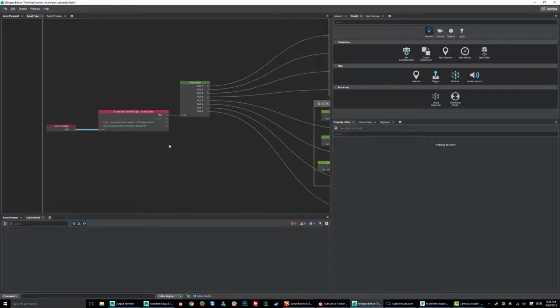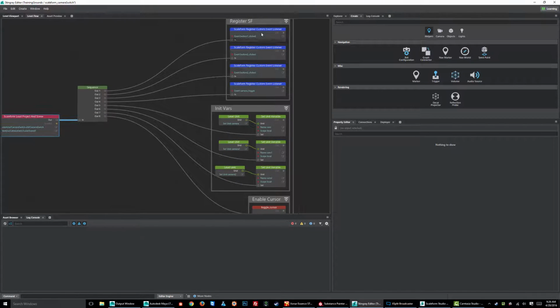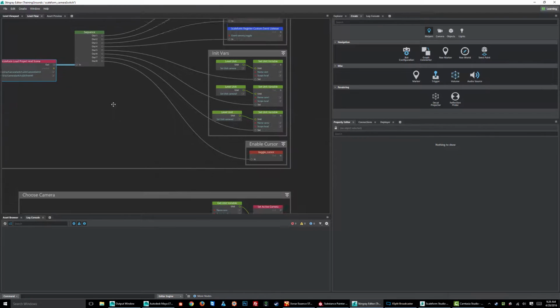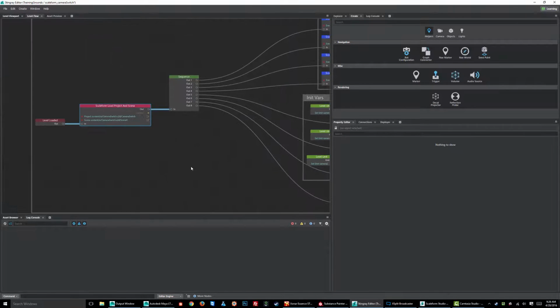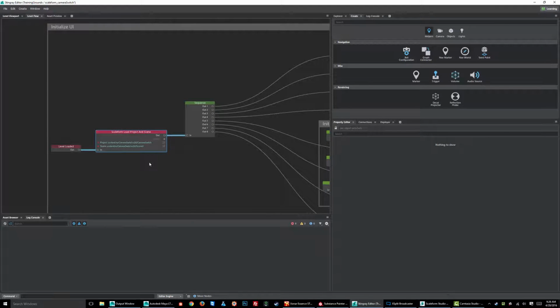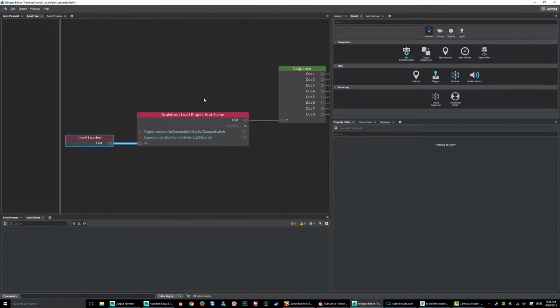Whatever you want to do, where you want to give it the basics of itself, this is a really good place to do it, because it happens right at the start of the level, and it only happens once. It's a very useful event to initialize your variables, set up your event listeners, and do other things. So when the level is loaded, we're then going to say, okay, I want to